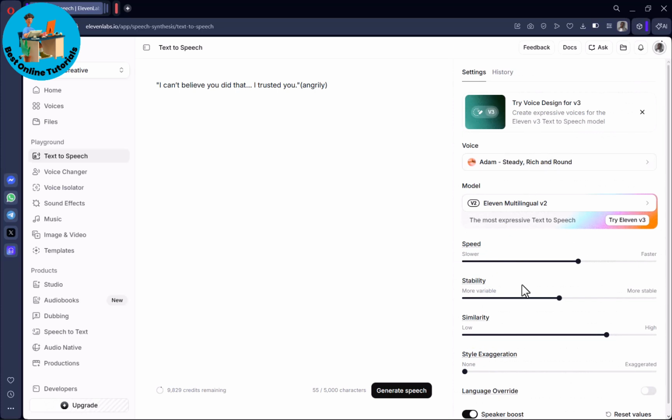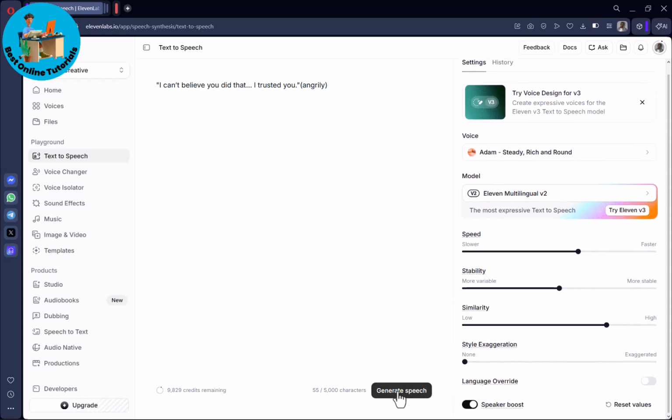Once you have done that, you could use these sliders here to simply change the speed of the narration, the stability, the similarity, and style exaggeration. And then you could also click on generate speech to actually generate the audio clip of it. Now,